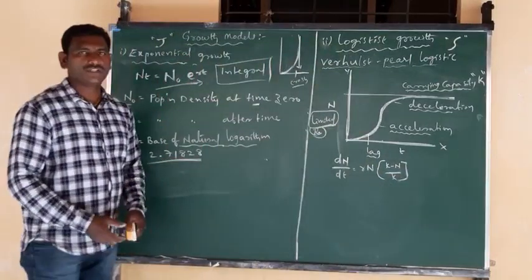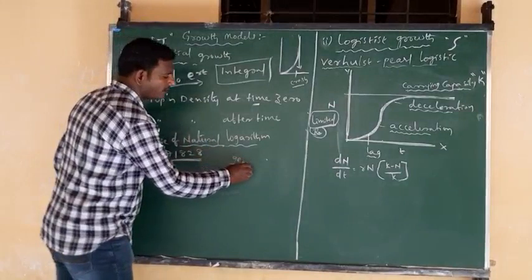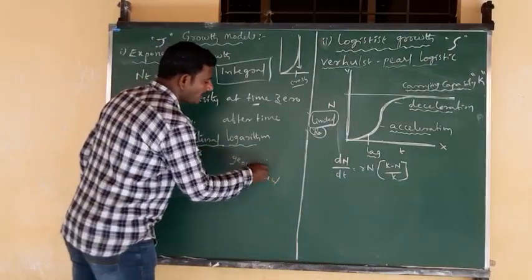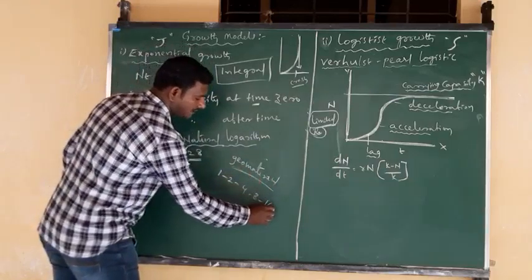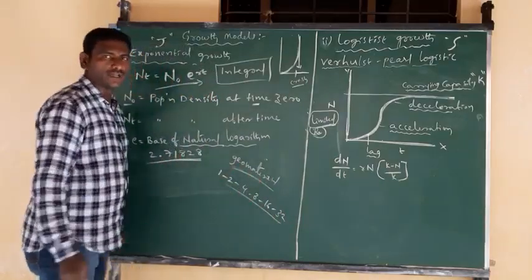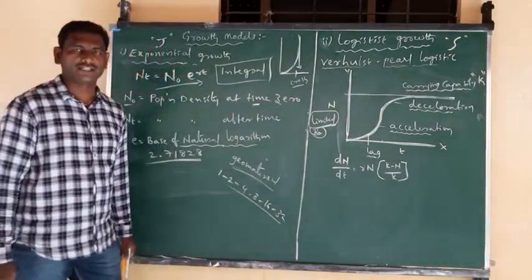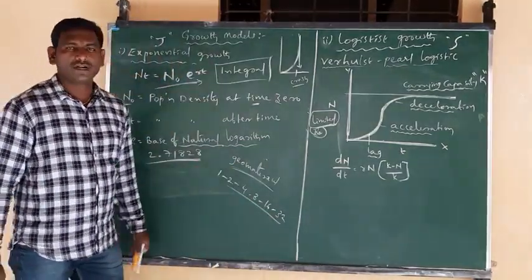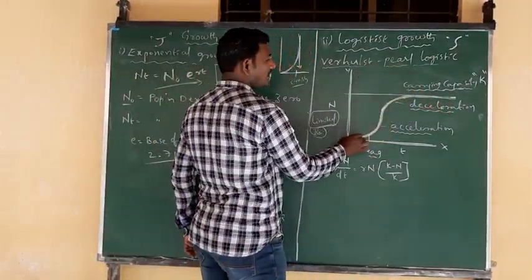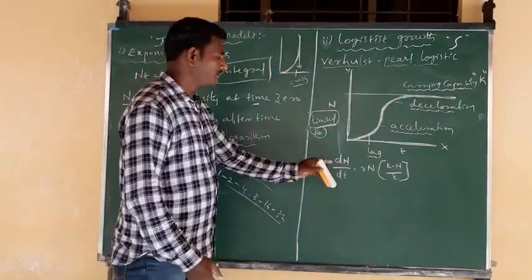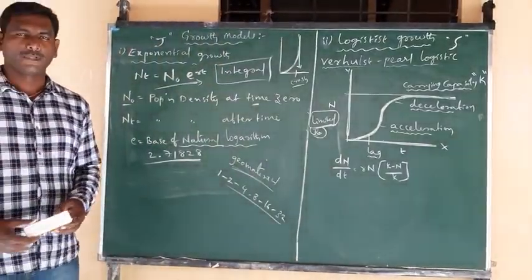Here, exponential growth means the organisms are growing in a geometrical fashion. Geometrical fashion means one organism becomes 2, 2 to 4, 4 to 8, 8 to 16, 16 to 32, like this. Doubling of number. So within a short period of time, organisms are doubling. That method is known as geometrical fashion, so this is also known as geometrical growth lines. Whereas logistic growth lines are sigmoid-shaped or S-shaped growth lines. For this, the formula is dN by dt equals rN into (K minus N) divided by K. Like this. Okay, thank you.